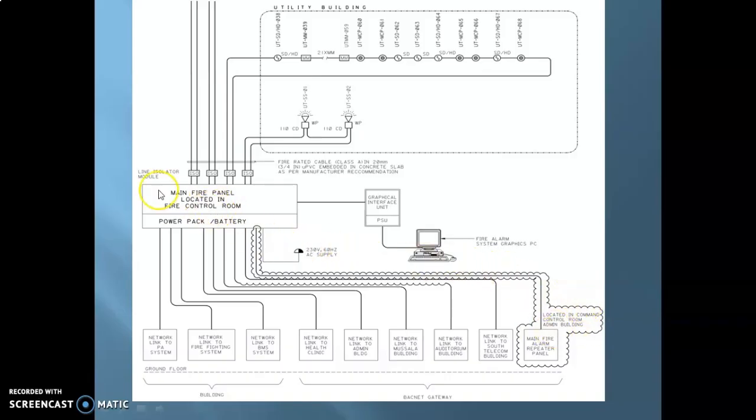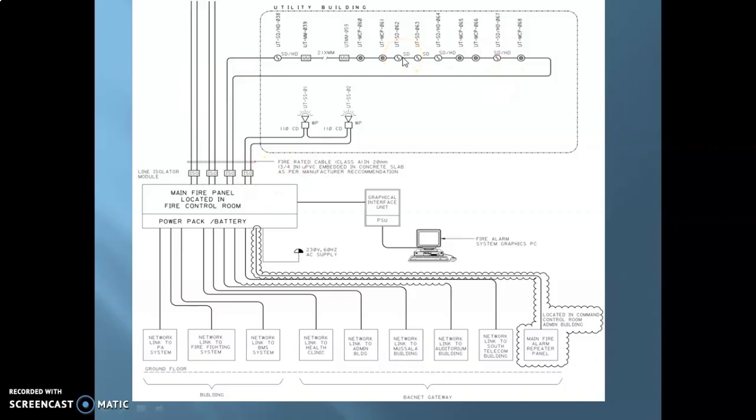So this just gives you a single line representation of all the interconnections and everything that is connected to the fire alarm control panel. You can also see the main power supply line connected over here, shown as a single line as well. Since everything is shown using a single line, that's the reason it's called a single line diagram or a riser diagram.